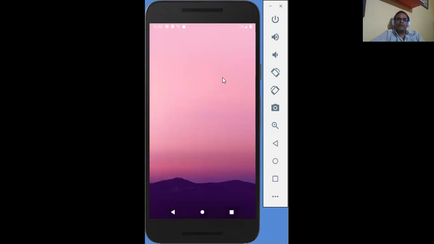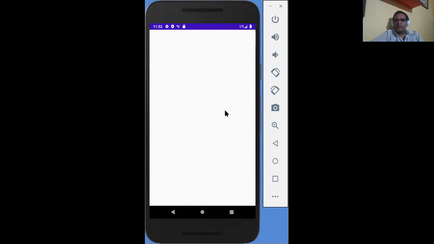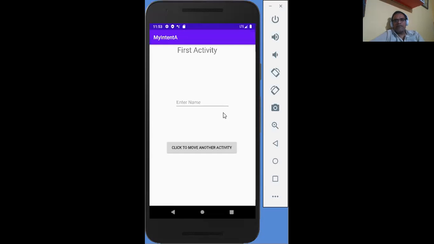So now it is installing, launching the activity. Okay, I think it's visible to everyone. So this is the execution on the Android emulator.